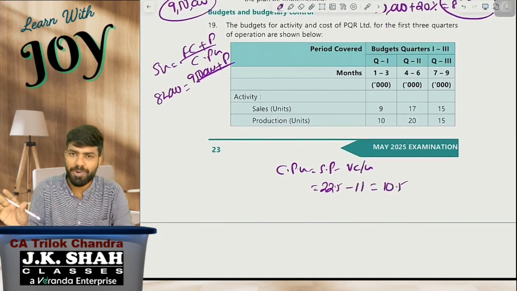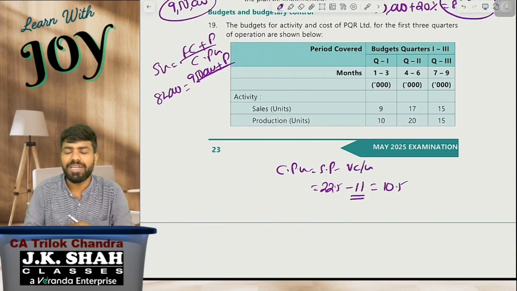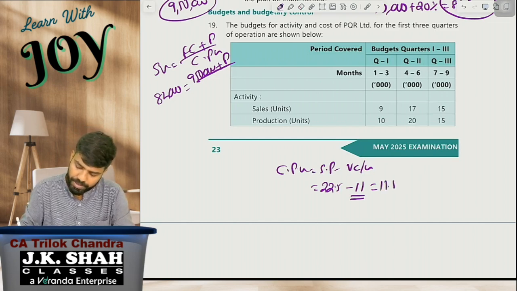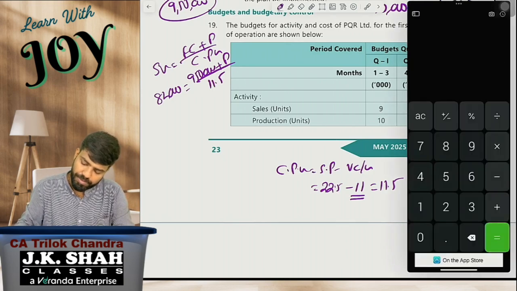There is no change in the variable cost, so I straight away took 11 rupees. So it will become 11.5. So 84,000